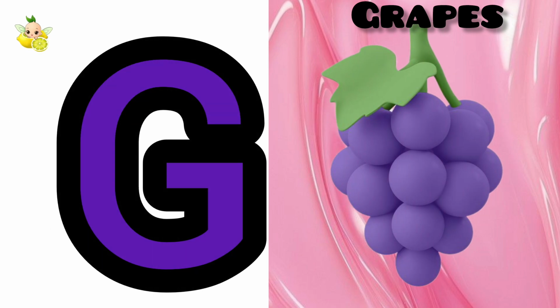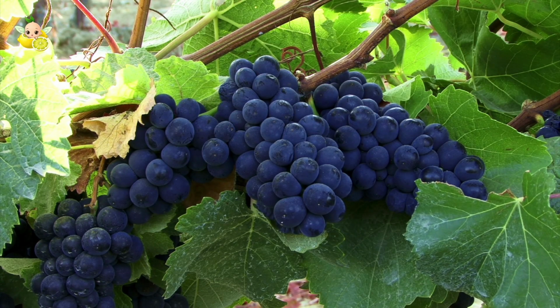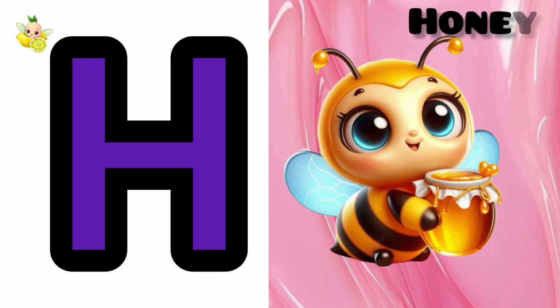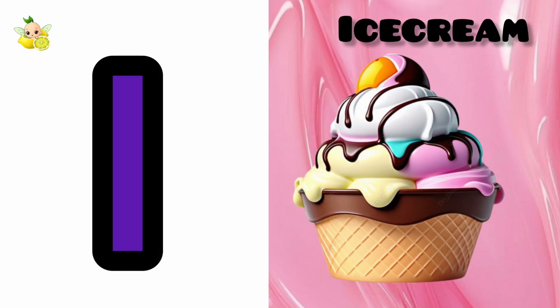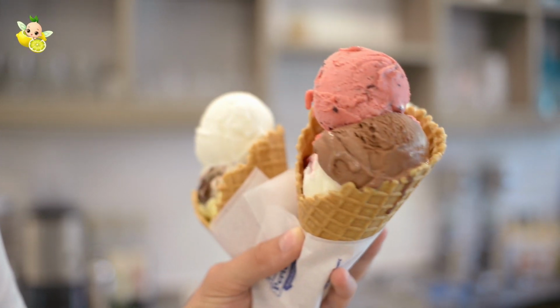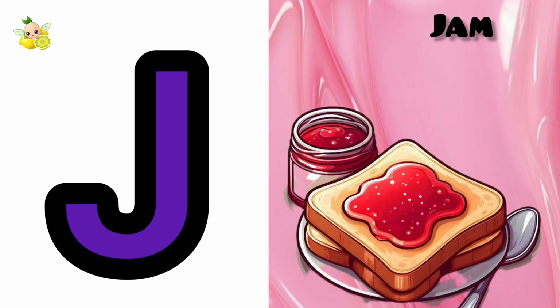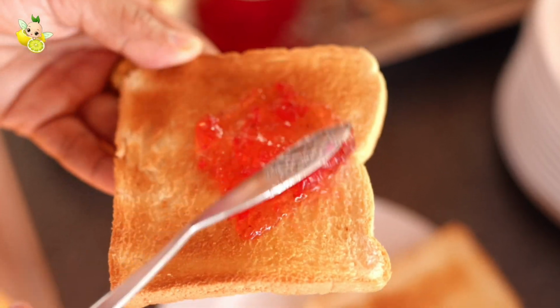G for grapes, grapes. H for honey, honey. I for ice cream, ice cream. J for jam, jam. K for kiwi,